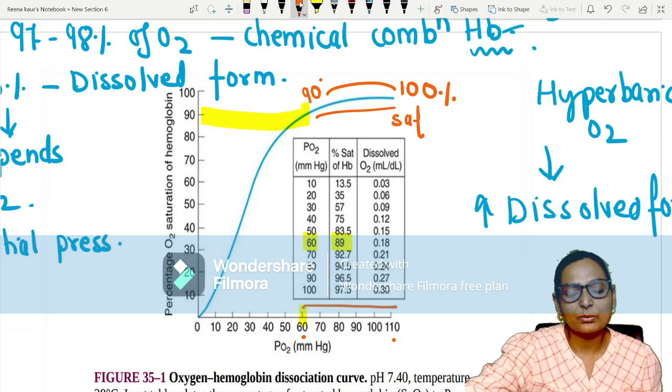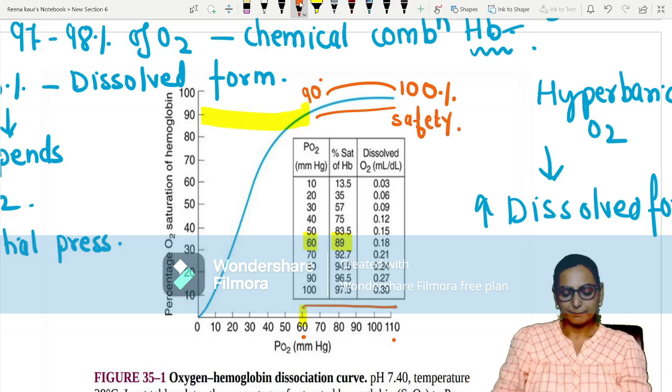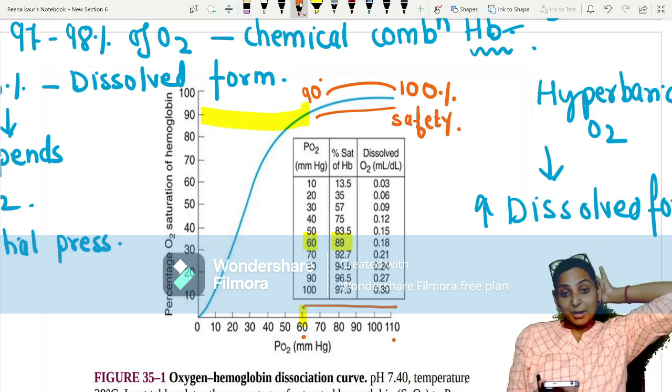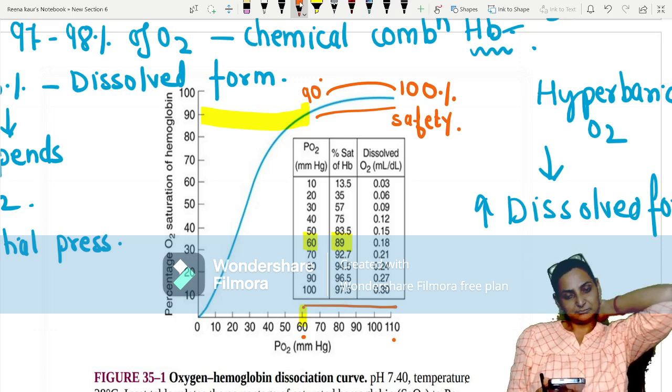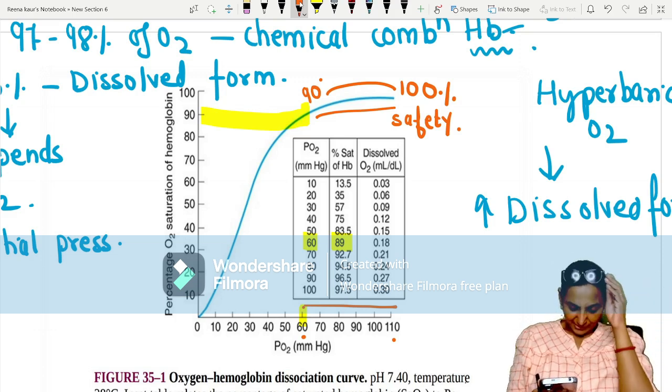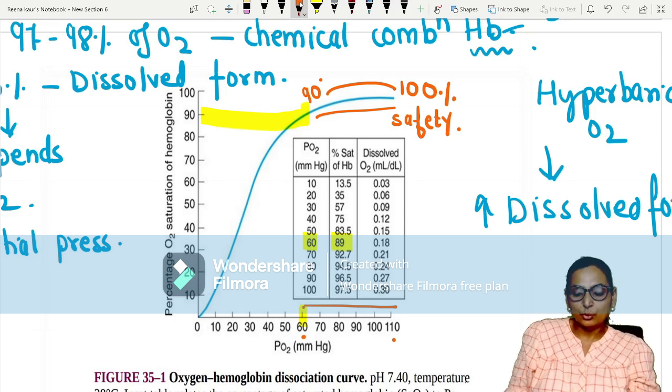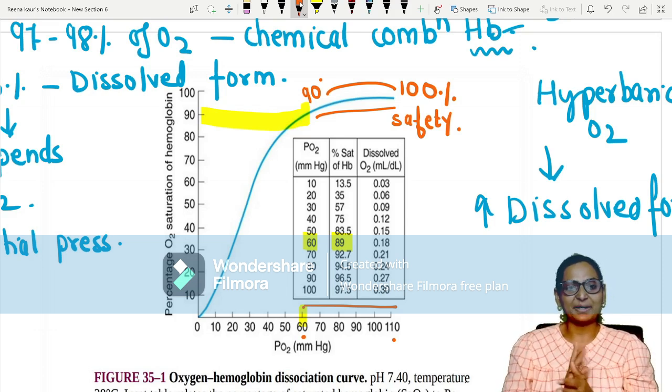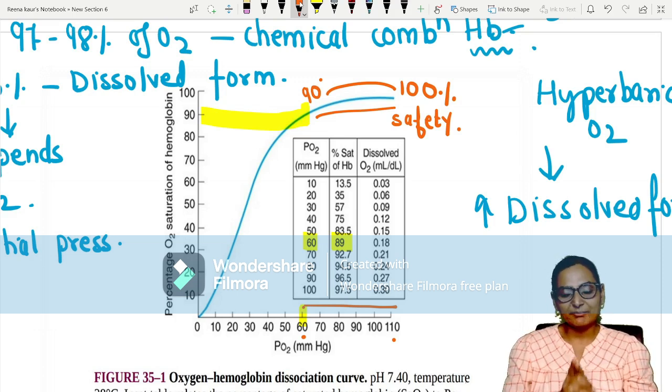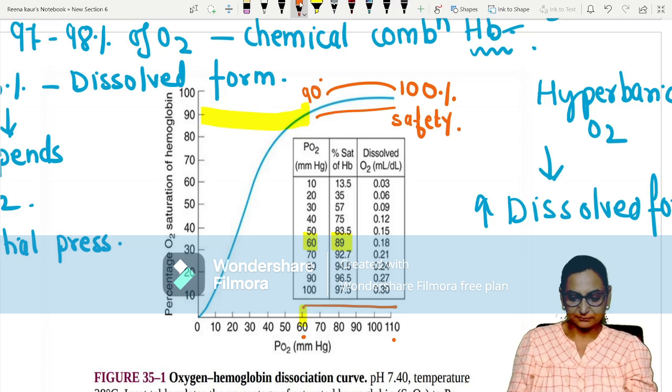So this is telling you about the safety factor. Till your partial pressure of oxygen is 60, there is total safety factor, because there is going to be 90% saturation. And as long as the saturation is 90, you will never have hypoxia, you will never have hyperventilation. Till the partial pressure of oxygen is 60 mmHg, the saturation will be 90. You will never have hypoxia. Okay, now